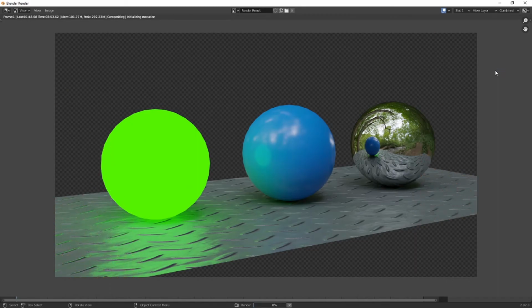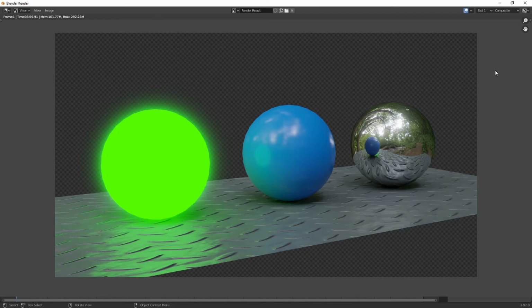Alright, so now it's done rendering. It's just compositing right now. Just calculating that, and there we go. So this is my platform with my 3 spheres. It's not really the best example of showing off the capabilities of Cycles. However, in my opinion, it's better. It is more realistic. So my final conclusions, I'd say, are: Cycles is more realistic, but